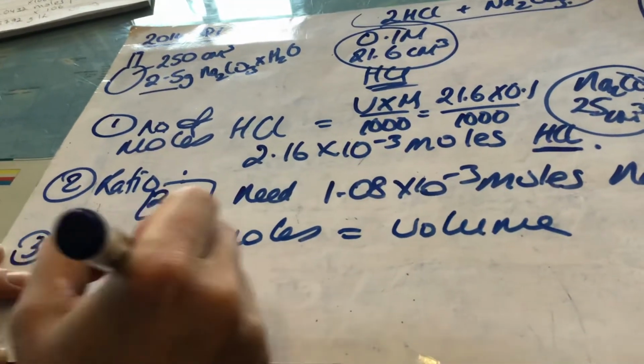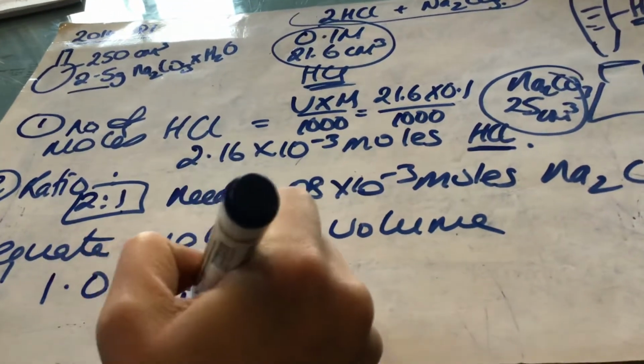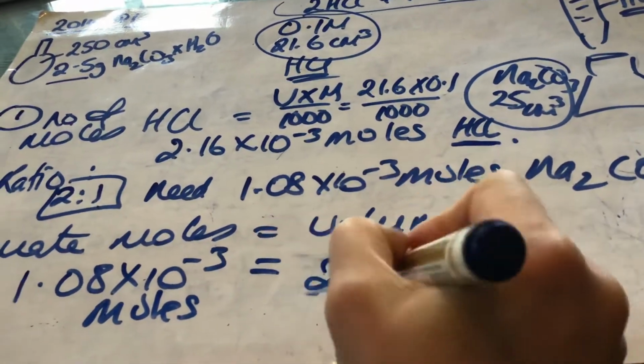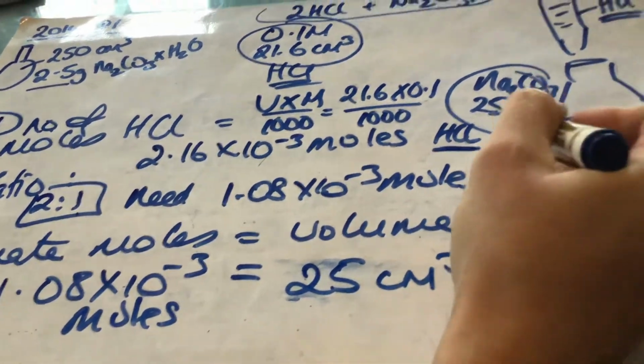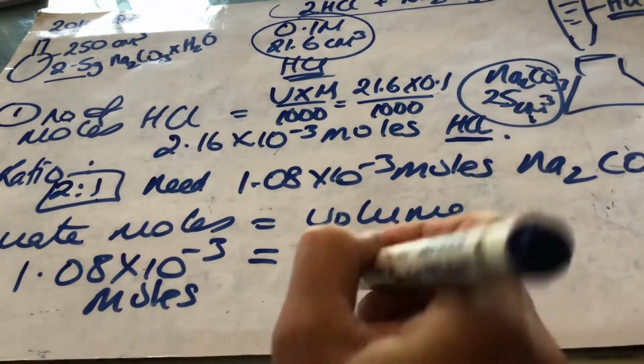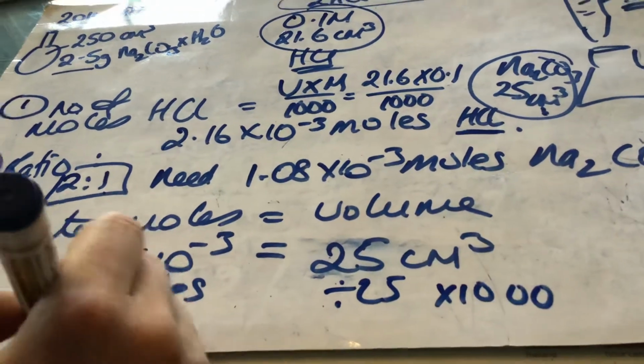Third step then, remember, is that you equate the number of moles to the volume that was used, okay? So the 1.08 by 10 to the minus 3 moles of sodium carbonate, they used 25 cubic centimetres of sodium carbonate. Look, they pipetted in 25 cubic centimetres of sodium carbonate. So what's moles per litre? So divide by 25, then multiply by 1,000, and you're going to get